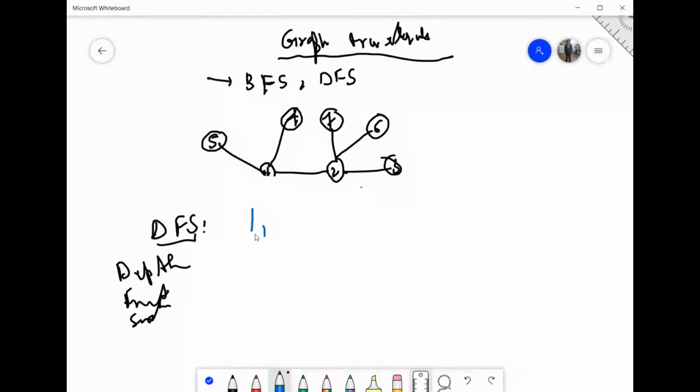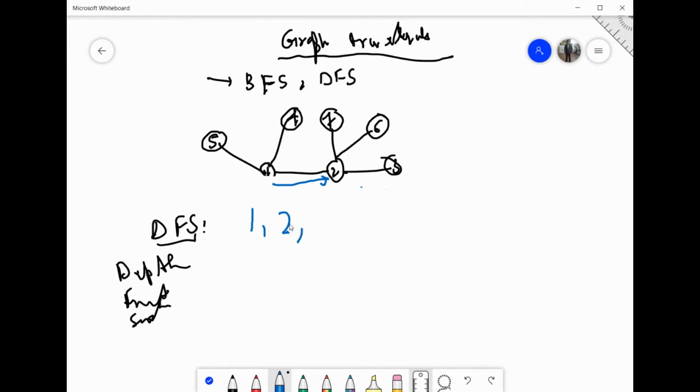If you have started from vertex 1, you have to explore its adjacent nodes, but you cannot print all of the adjacent nodes at once. बस एक ही select कर सकते हो. Suppose I am selecting say 2. So 1 से I have moved to 2. 1 के 5 और 4 रह गए अभी. I haven't explored 5 and 4. Leave that. एक बार एक ऑप्शन सेलेक्ट कर लिया, one adjacent node you have selected, that is 2. You move towards 2. 1 को छोड़ देंगे, 1 को बाद में पूरा करेंगे.